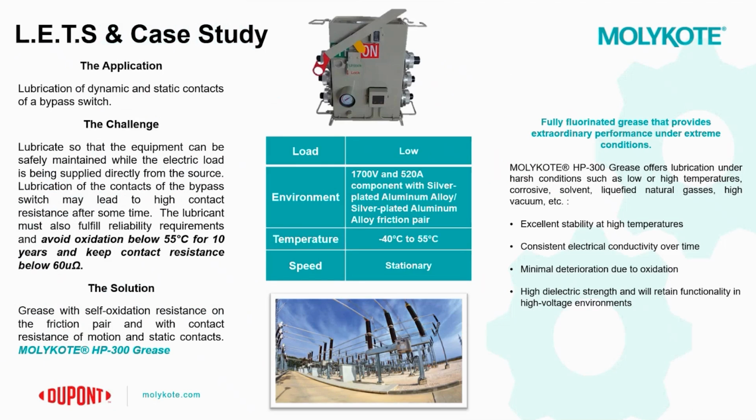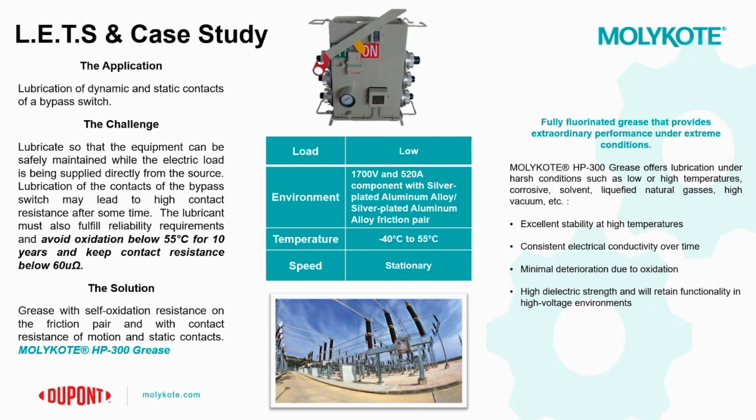So for our next case study, we'll also see the use of HP 300, but in a slightly different application as well as a different marketplace as well. In this specific case, we're looking to lubricate the dynamic and static contacts of a bypass switch which is used in a substation environment. And the challenge here is to lubricate the components while an electric load is being supplied directly from the source. Additionally, by lubricating the contacts, we may see a high contact resistance over a period of